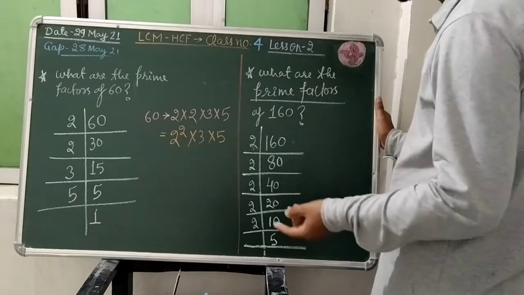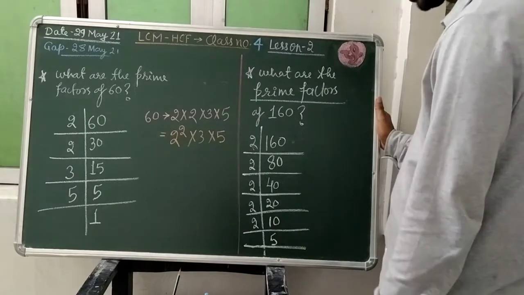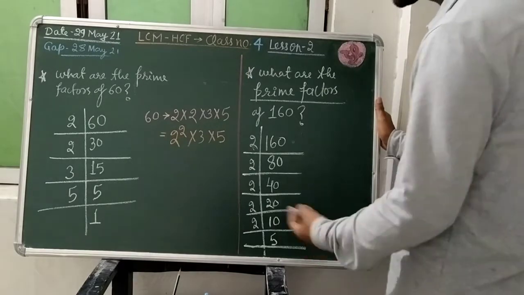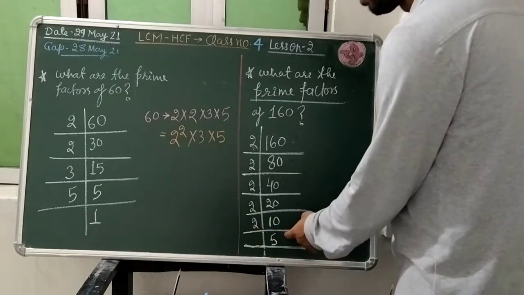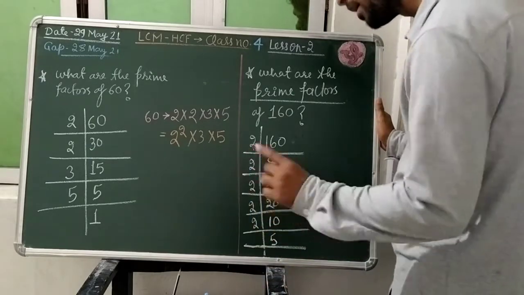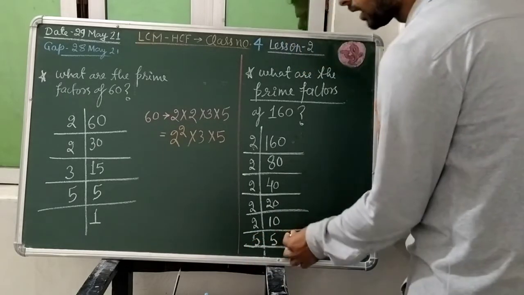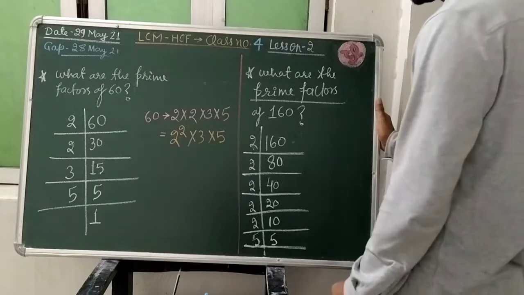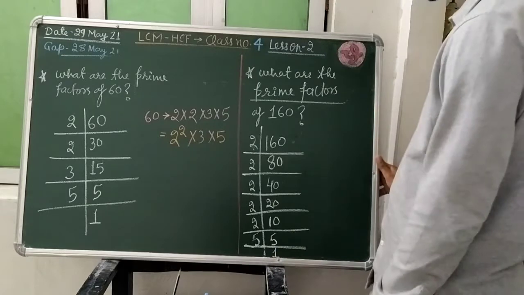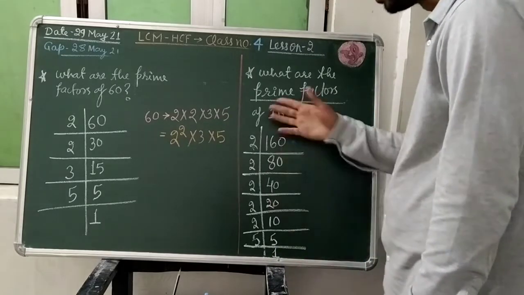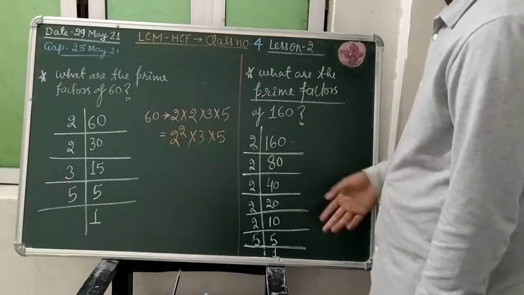And factors are those numbers which will divide the given number. So 1 we shall not select in this case. So when we are getting a prime number, we will select the same number. 5 is a prime number, so we shall select 5 here. And it will go how many times, students? 1 time.